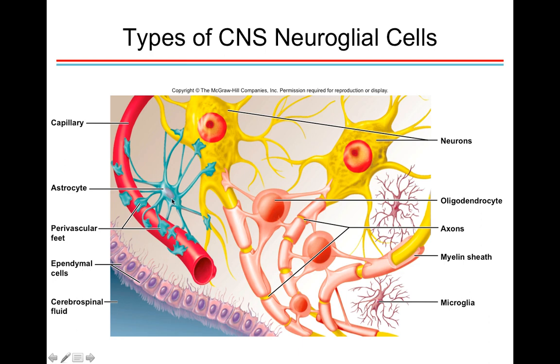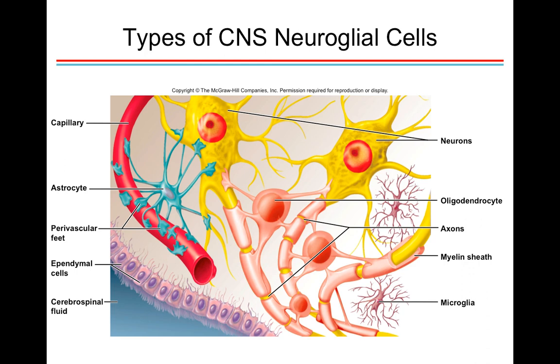Astrocytes are another specialized cell that are found in the central nervous system, and these play a really important role in regulating the external environment. And these are also the most abundant glial cells. So these have these processes with these end feet that can reach onto both capillaries that are going through the central nervous system and also onto neurons. And what these astrocytes do is they actually facilitate interactions between